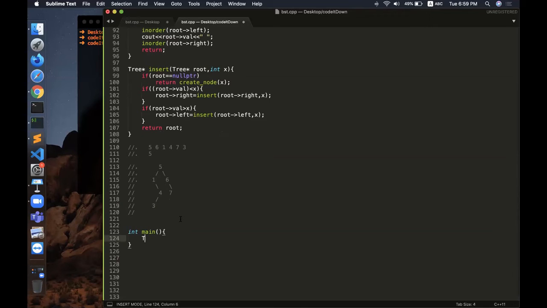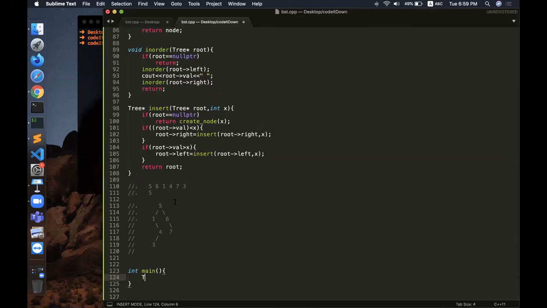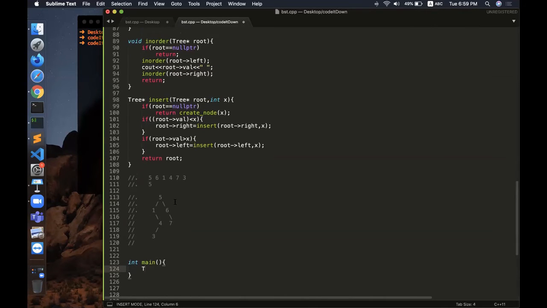Another thing that you should keep in mind is that the in order traversal of a binary search tree is always in increasing order. If you print the in order traversal of a binary search tree, you are going to get the values in increasing order. The reason is very simple: in order, you first go to the left, then you access the root value, and then you go to the right.